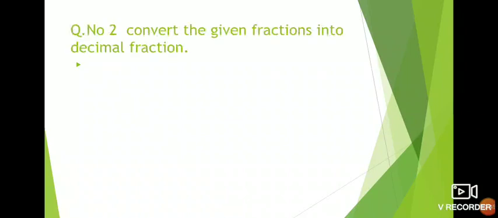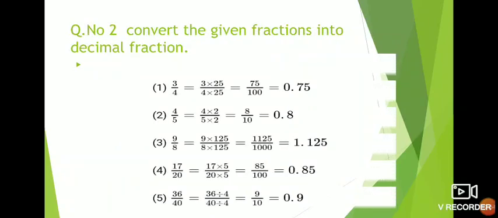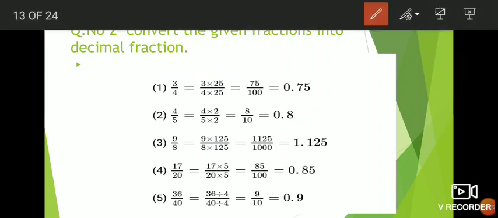Okay, so now we will see the second question. Convert the given fraction into a decimal fraction. Means like this, like just now we learned in the first question, like that only. We have to convert this given fraction into a decimal fraction. Decimal means what? At the denominator we want 10, 100, 1000, means 10 times multiples of 10 we want at the denominator. What we want at the denominator, students? 10 times multiples of 10.